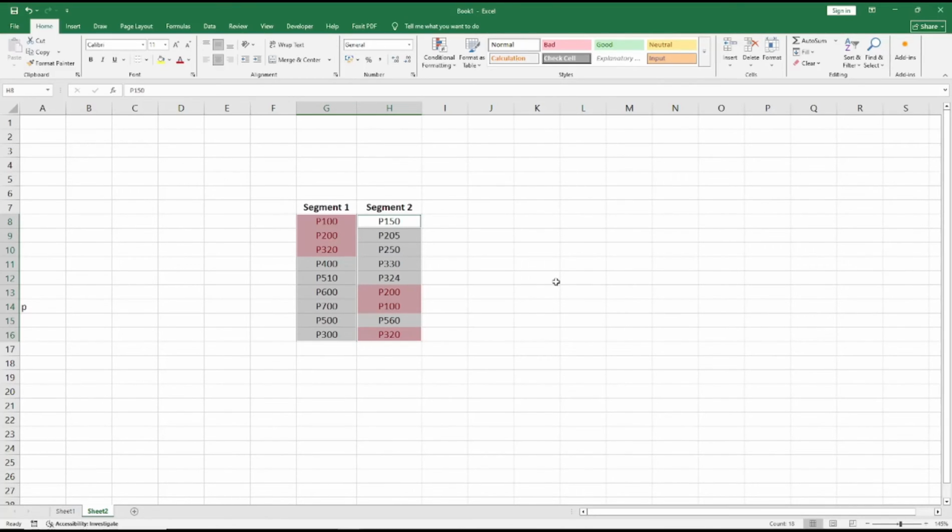Okay, that's it for a basic Microsoft Excel tutorial on how to highlight a